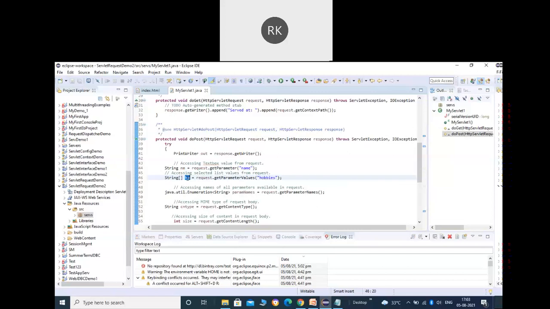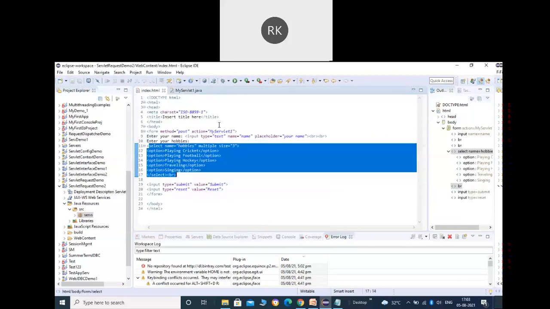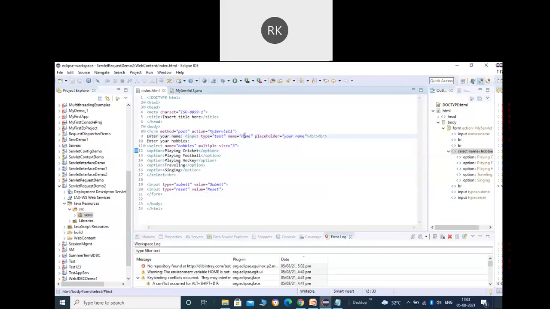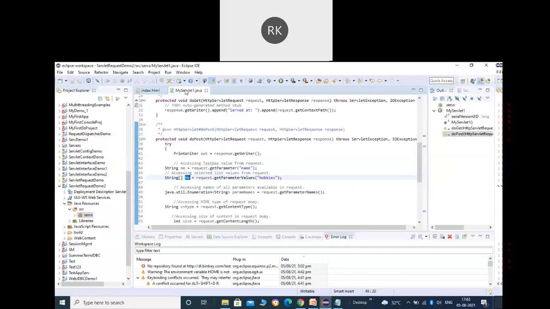So this is the next method that we can use for this drop down list. So here we are saying request.getParameterValues, and the name of the parameter is hobbies. And it will return us an array of string. If we have selected more than one value, all the values will be available here in that array of string.